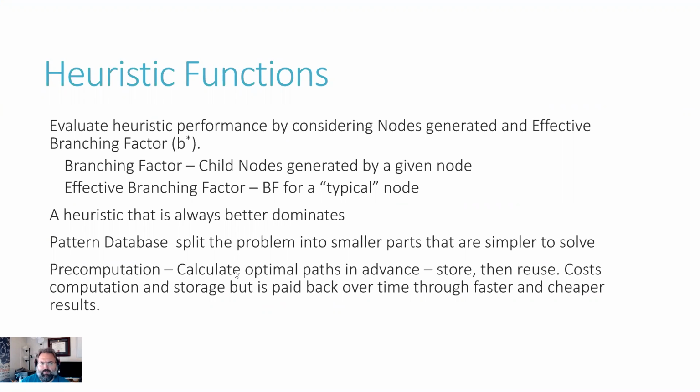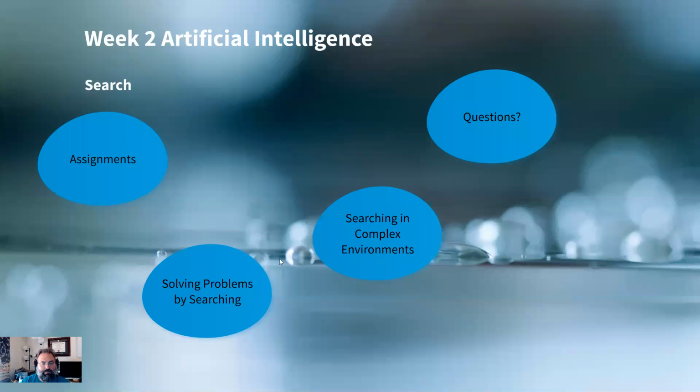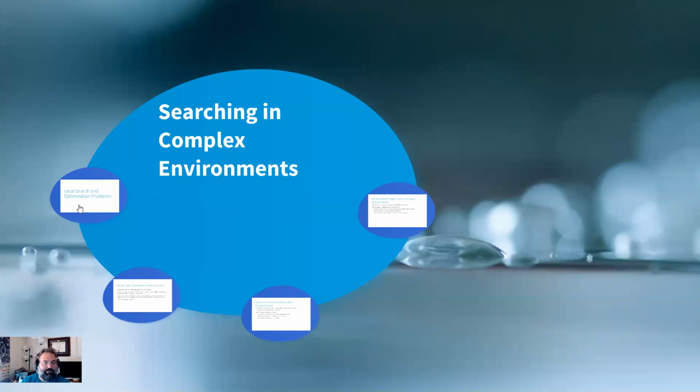But one of the things you'll notice, with any kind of algorithm analysis, is that you're oftentimes trading off storage for speed or effort. That's where things like pre-computation come in, where you may literally calculate all of the optimal paths in advance, especially if you're going to be doing something like playing a game. You calculate them in advance so that you can quickly determine the fastest route: you're in this state, here's the fastest, cheapest solution based upon that state. And with that, we've talked about that chapter, and we can move into searching in complex environments.